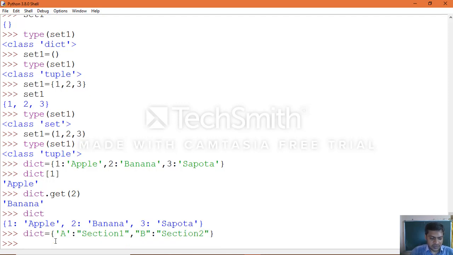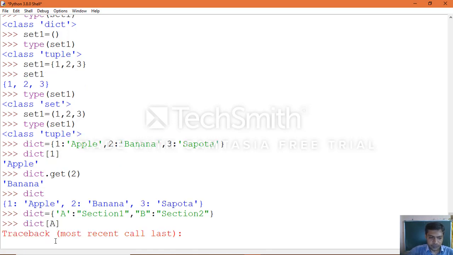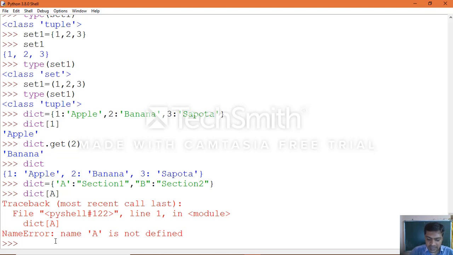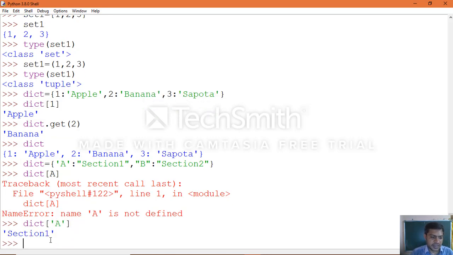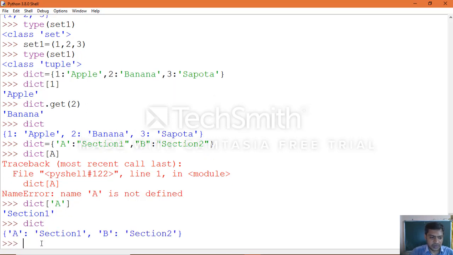Then you can access the data with the help of key a when you specify it. Because it is a string value, you must represent it in quotes, otherwise you will get an error, as you can see clearly. So if you apply the dictionary variable directly, then you will get the complete data.